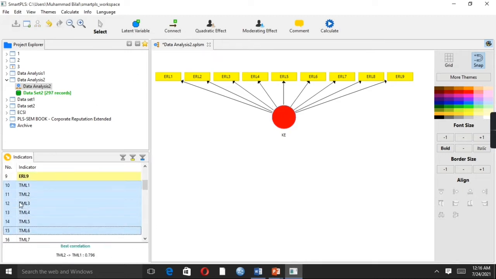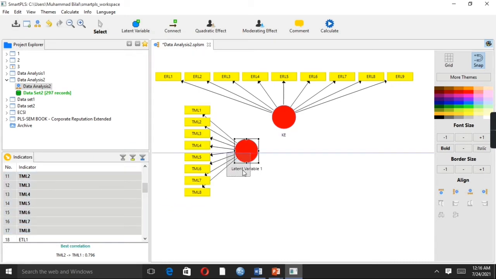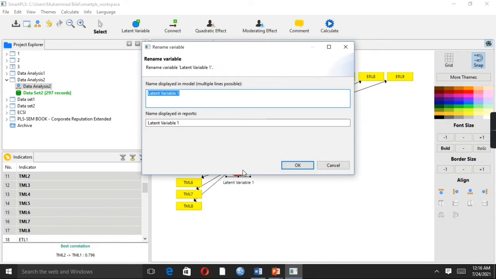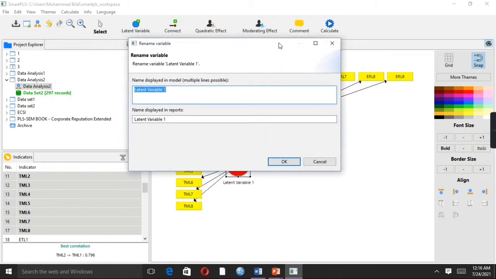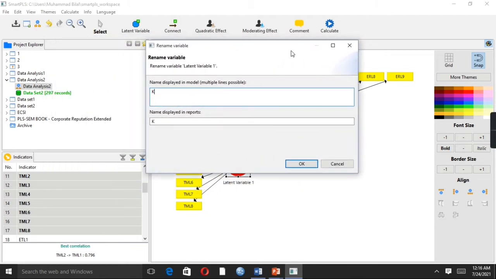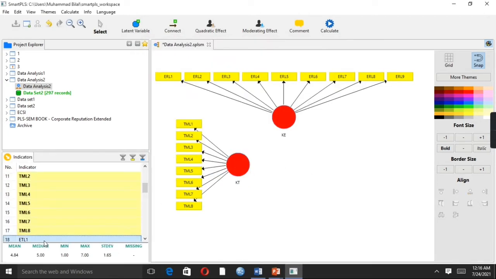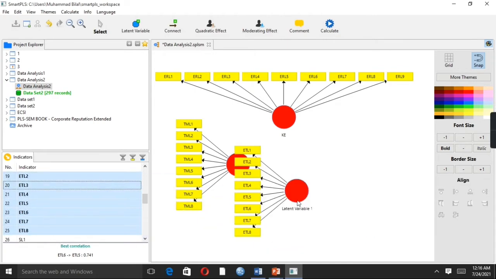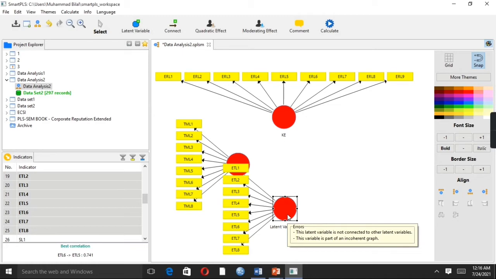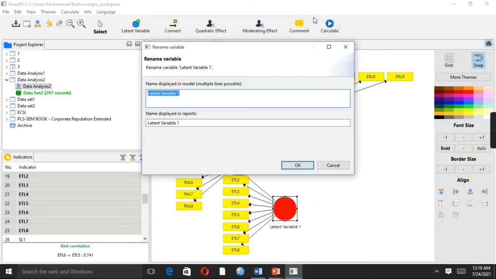The second variable is TM, which stands for knowledge transformation. We are going to change its name. The third variable is knowledge exploitation. Right click on it and rename it as knowledge exploitation.